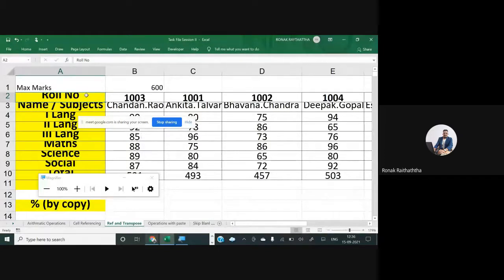The rows have become columns, and columns have become rows. And you can see how difficult it would be if we were transposing the columns and rows manually by taking each and every cell.